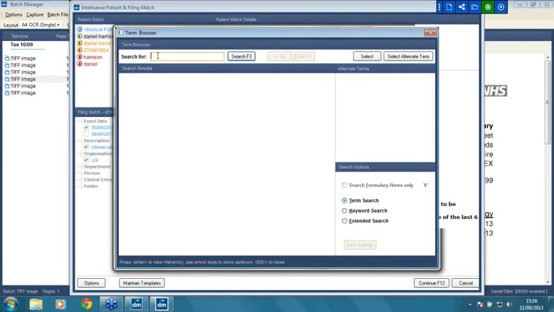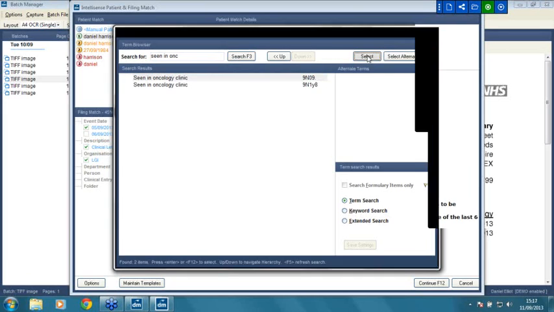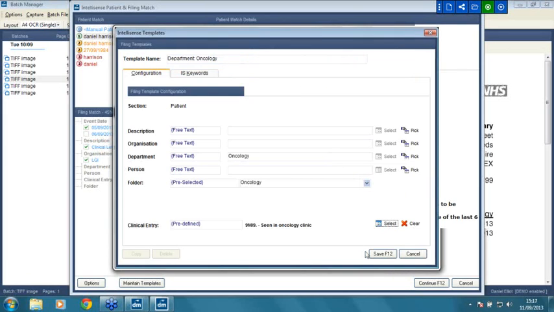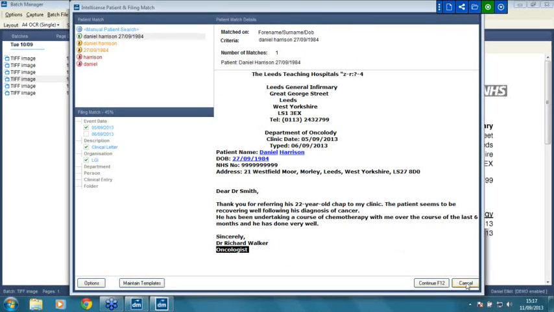and I'm going to type in seen in ONC. I'm going to press the search button, and I'm going to choose this top one. I know there's two in there, but that's the bottom level code, so I'll just have the top one where it says select. Hit the save button, cancel,